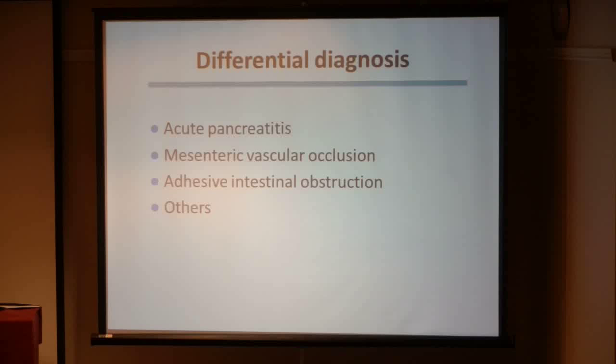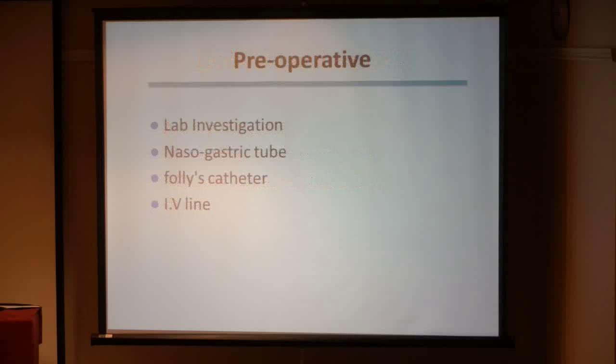The differential diagnosis first was acute pancreatitis, which may lead to localized distension in the left hypochondrium, but serum amylase and lipase were normal. Mesenteric vascular occlusion was unlikely, with no history and a normal coagulation profile. The third possibility was adhesive intestinal obstruction, which is not logical because the patient had a cholecystectomy about 5 years before. So we explored this patient without a definitive diagnosis, just exploration.